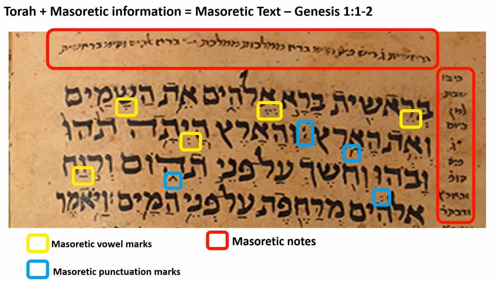Breaking this down in the picture, what we see surrounded in the yellow square is the Masoretic vowel marks. What you see in the blue are Masoretic punctuation marks, which, as we mentioned, are almost like commas, periods, things like that. And in the red, you see the notes that were added, notes about the punctuation, notes about the pronunciation, notes about anything the particular Masorite was thinking about the text, or anybody who came along later and transcribed from another text. Usually, most Jews would want to transcribe from older texts, meaning that if I want the most accurate picture of what to transcribe, I would need to go to the oldest text I can find.